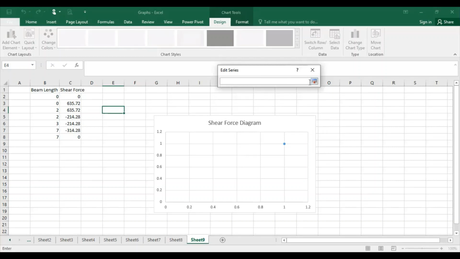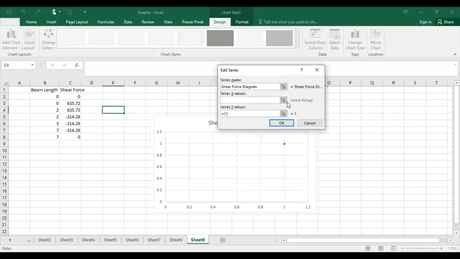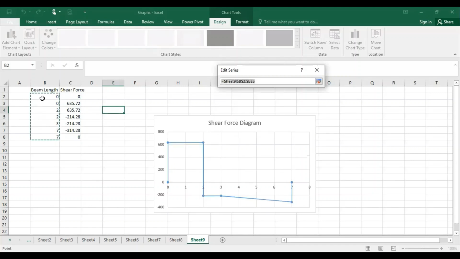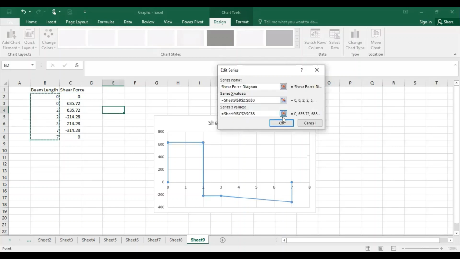For the shear force I will select this, and for X values I have selected beam length.